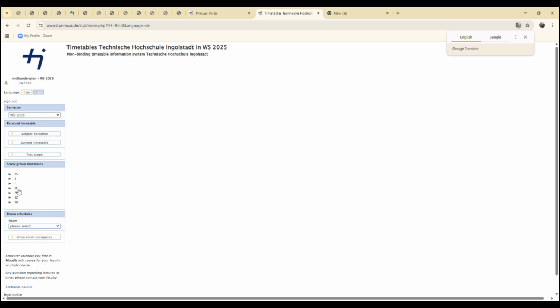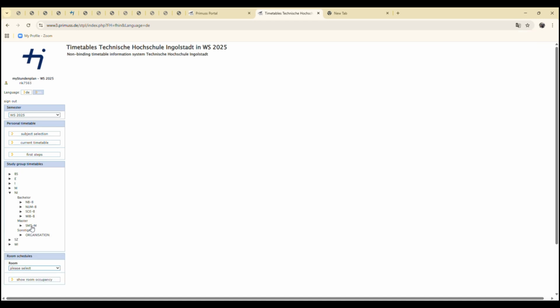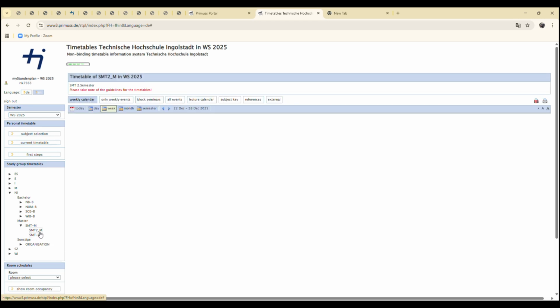No, actually this is important for you. For example, try to select your department from here. SMT is my department, and SMT2 means SMT second semester. I'm studying in SMT second semester, and I would like to see the class timetable for the main courses. FU means elective course, FW means elective course. For example, I would like to see the main courses